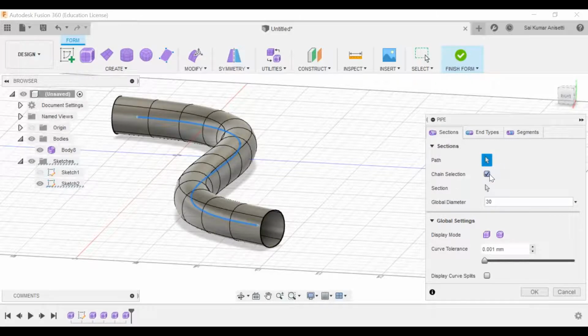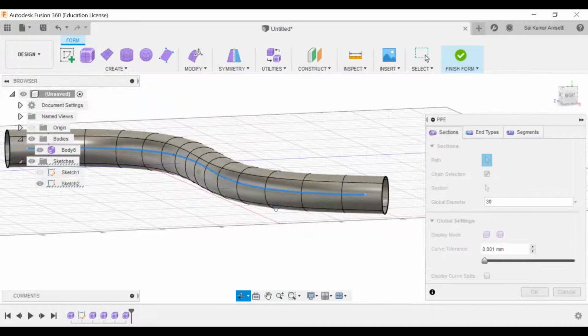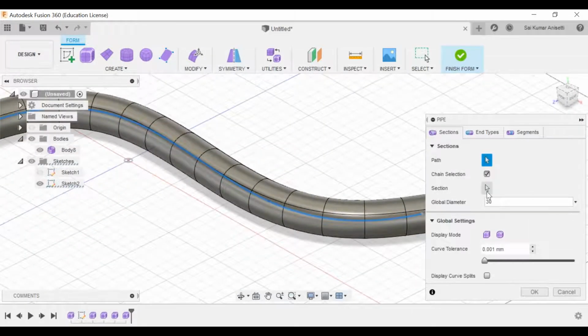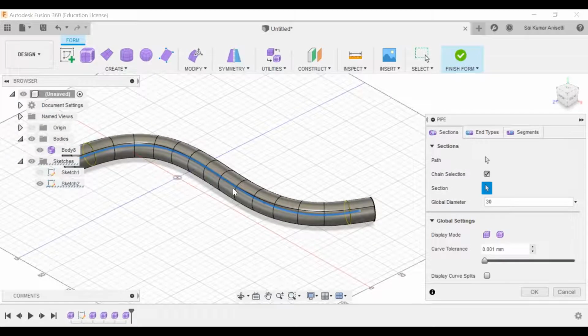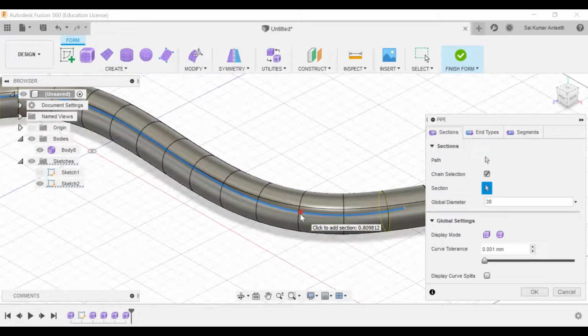That is how simple it is. And the path, you can just go and change the path. What this section does is, click the section. Now it is showing one yellow section over here and one yellow section over here. If I hover my mouse onto the spline, there is a red dot appearing. If I click there, it will add some sections.